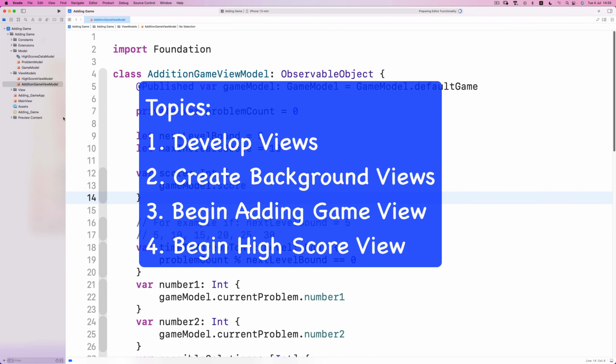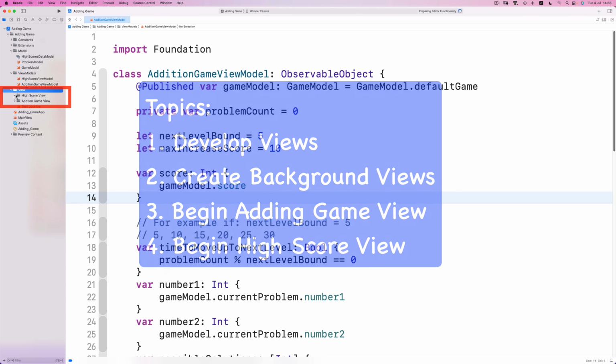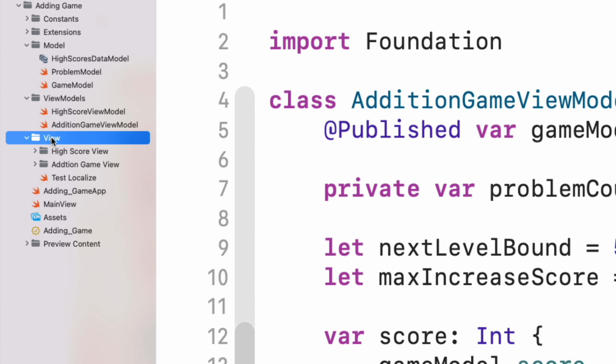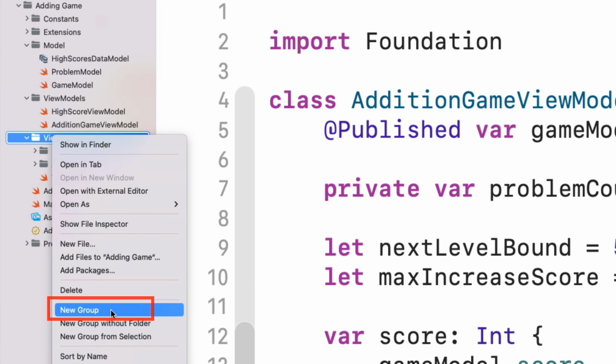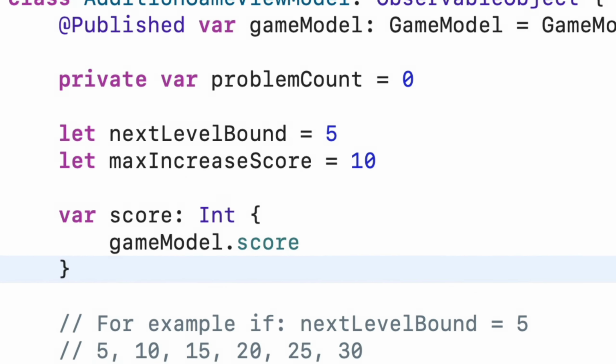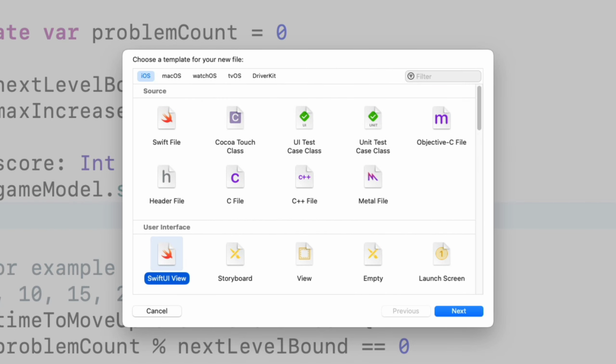Okay, so now we're going to start moving on to the views. So let's click on the view folder. And we have high score view, which we've done nothing, and addition game view, which we've done nothing. Now we're going to have backgrounds for these two views. So I'm actually going to create yet a new group, new folder within view, and I'm going to call this background views. And now let's create a new SwiftUI file, a new SwiftUI view,